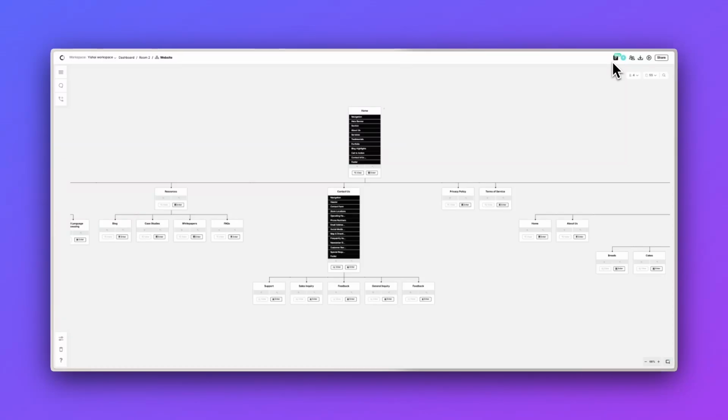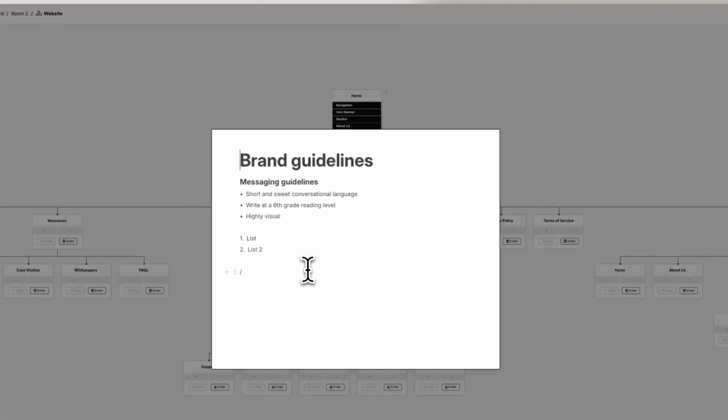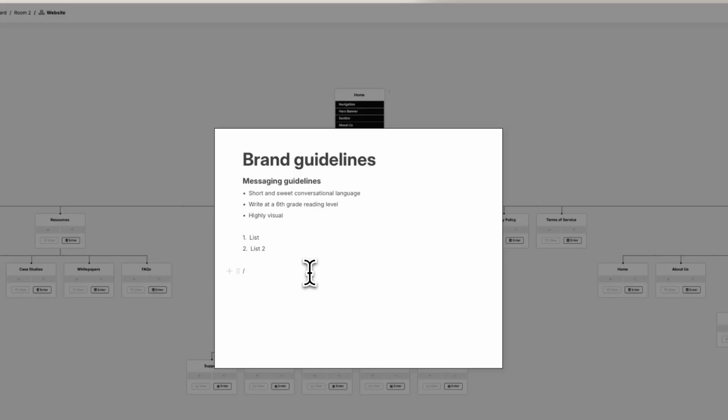Claritee now offers a rich text editor for each project. Up in the top right from the sitemap, you have the button to click and open it. Now, I've already entered a little bit of information here, but I want to talk about the ways that you